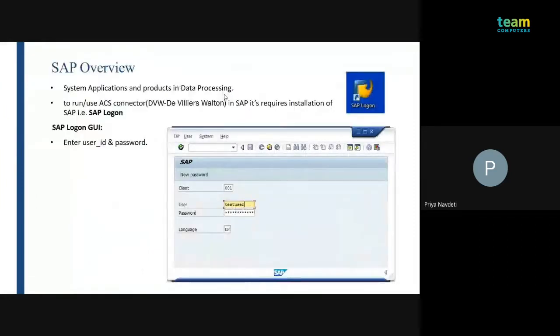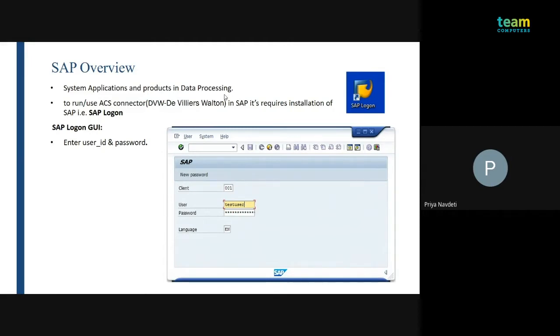Then we have the SAP system. What is meant by SAP? SAP is an application or product in data processing. But if we want to run this ACS connector, then what we need to do?